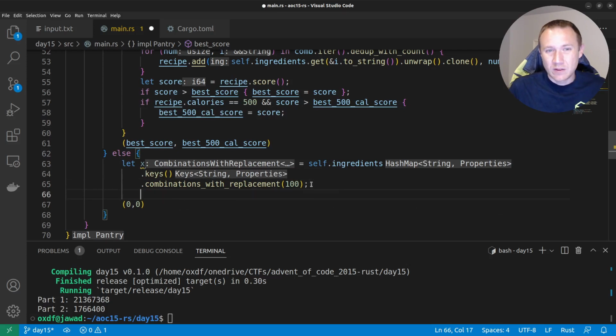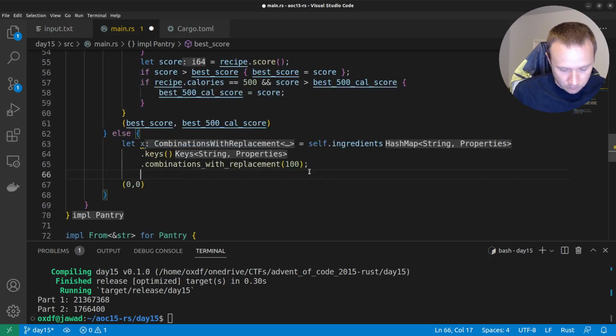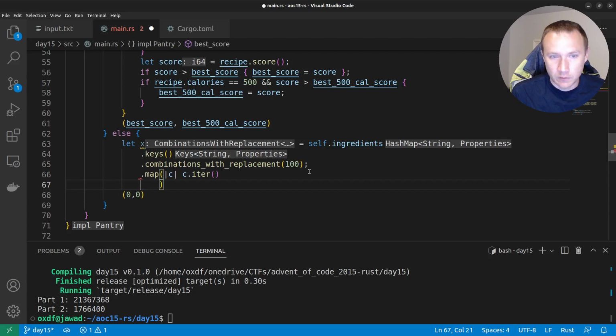Now, we need to do something to each item. We have an element, like when it's 100, we have a pretty long array here of different things. We want to change each of them into this dedupe with count, so we get the new format. So what we're going to do is apply a map. That's what map does. We're going to take a combination, we'll call it C, and say C dot iter, because we need an iteration, and then we'll do dedupe with count,